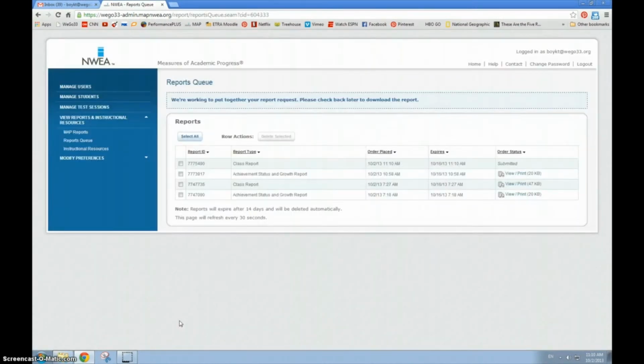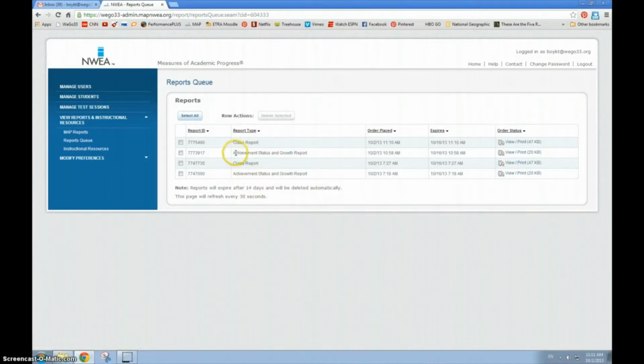Now you'll notice that instead of seeing the report, I am actually seeing the reports queue. So I'm going to go ahead and explain that now. The reports queue is a way to look at the history of reports that you have run. You can see that I ran 2 reports this morning at 7:18 and 7:27, the Achievement Status and Growth Report and the class report. It also shows me that I've run the Achievement Status and Growth Report just recently,